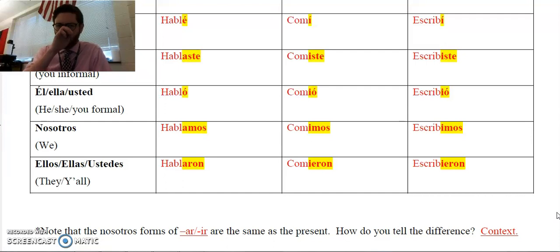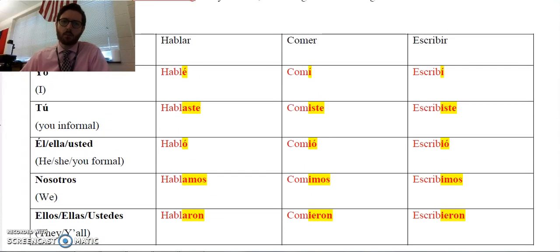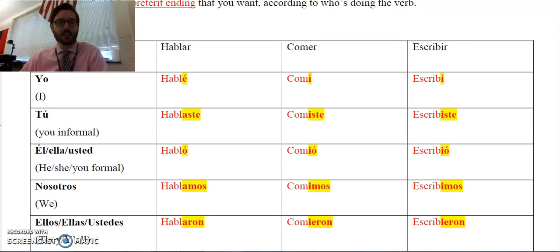For example, if I were to say nosotros hablamos el año pasado sobre whatever it is, if you see that phrase el año pasado, which we know from our vocab list means last year, that context clue will let you know that it's something that happened in the past, that we spoke then a year ago, and we're not speaking now. So again, there's no way by looking at the verb to tell whether it's a preterite tense verb or a present tense verb. It'll just be the context of the sentence that lets you know.